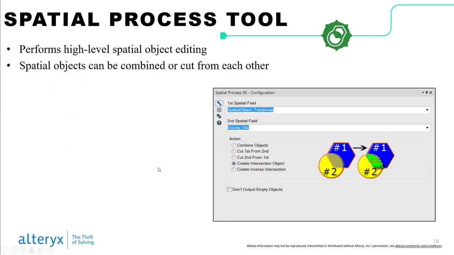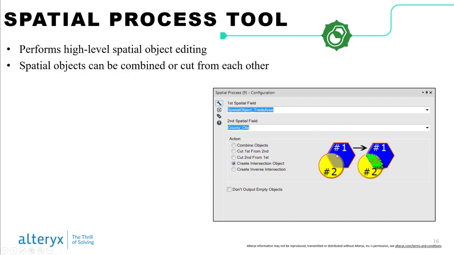Finally, the spatial process tool. So this is a way of just manipulating objects against each other, right? They could be points, lines, or shapes. Most typically, we see shapes interact with this spatial process tool. And I really like this tool because the icon is really indicative of what it's going to do at the bare minimum. So all this tool does is allows you to select 2 different spatial objects and somehow process them